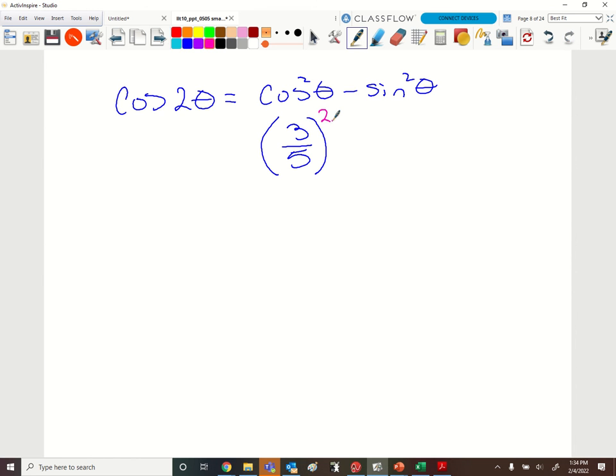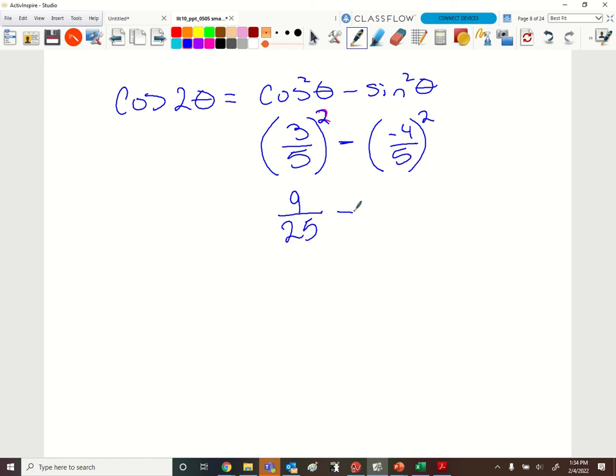Now, square goes on the outside of my parentheses here. Because when I'm squaring a fraction, I square the numerator and I square the denominator. So bring down my minus sign, parentheses, sine. What did we say sine was? -4 over 5. And that's squared, so on the outside. So again, when I square a fraction, I have this in parentheses because I square everything in it. So if I'm squaring a 3, I get 9 over, and I square the 5, which is 25. So that's 9 over 25